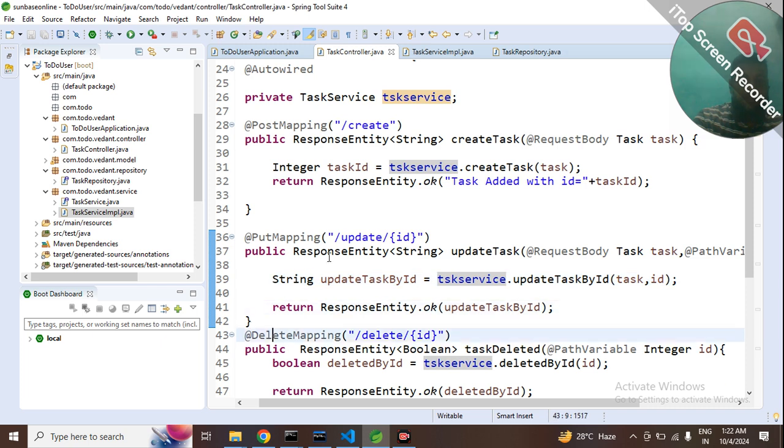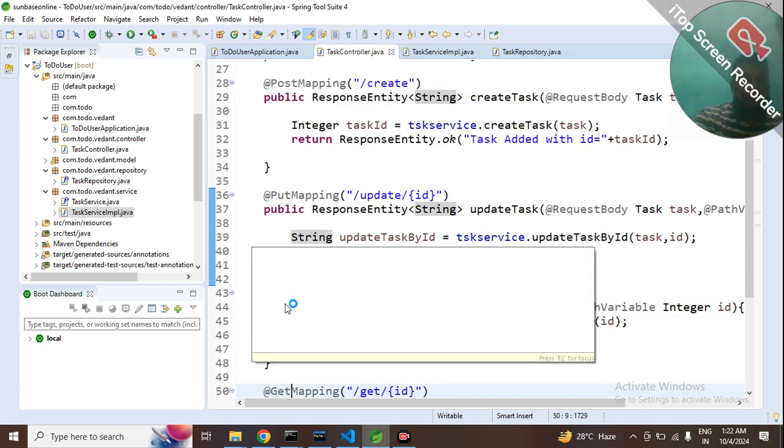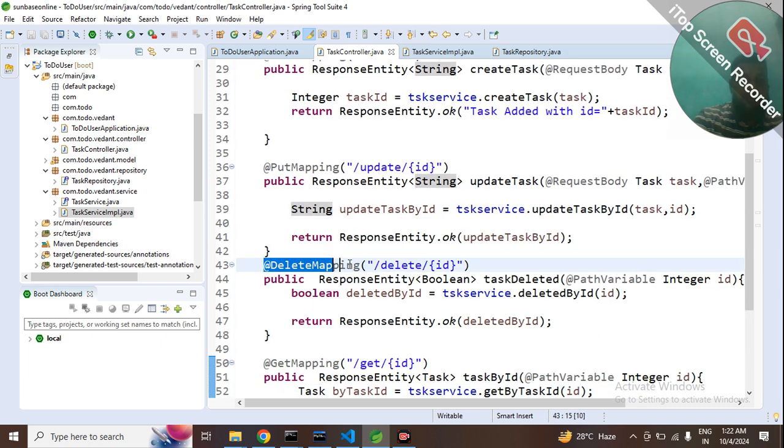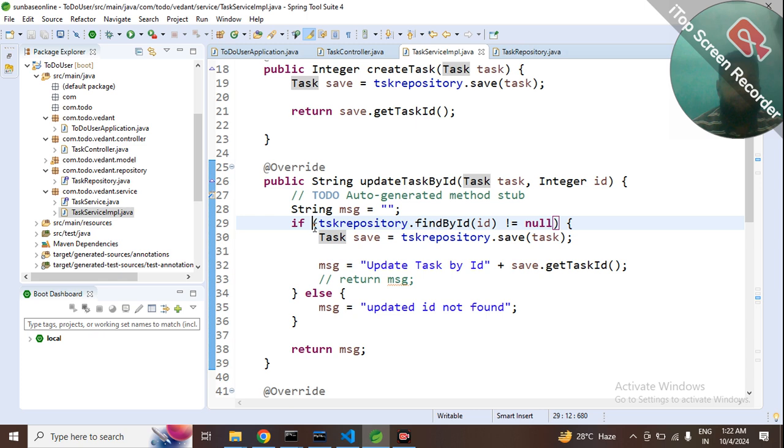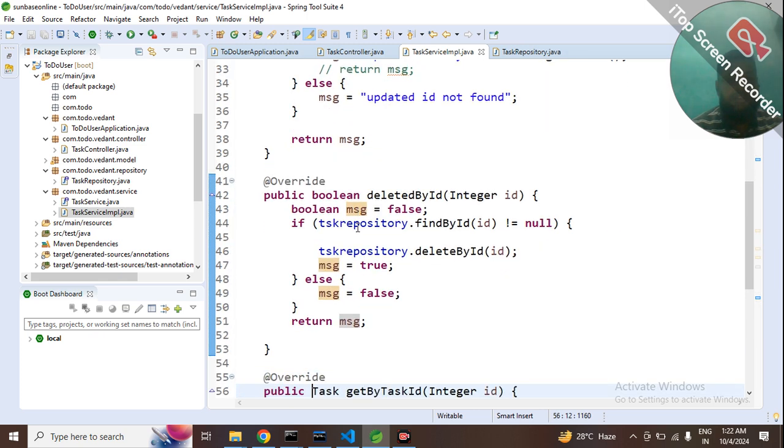Now after this put mapping, we have one more method which is exposing delete. The delete mapping annotation where we have written task deleted method which is taking id and then again call the service deleted method by id, and in that service you can see that the delete method